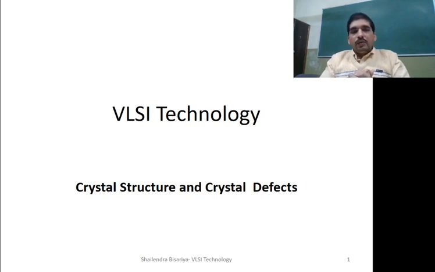Okay, and to understand how this wafer is prepared, first of all you should be aware of what this wafer is. It is basically made up of single crystal silicon. Till date, silicon is the material which we use in industry. We will discuss why we use silicon. Before that, the point is that silicon is used as a single crystal structure. So first of all, we have to obtain single crystal structure, and then we will obtain the wafers of that single crystal structure.